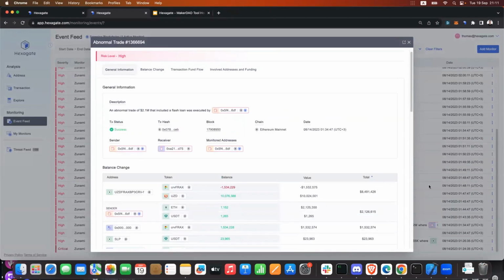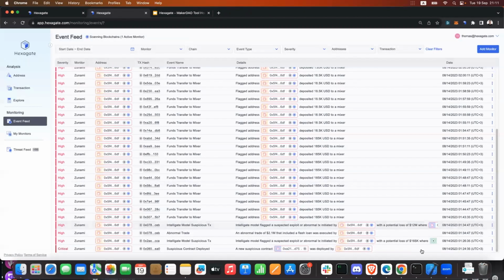So all in all, in this particular case, a new contract was deployed, 2 minutes later it was the 50K exploit, and then 10 minutes later, the $2 million attack.